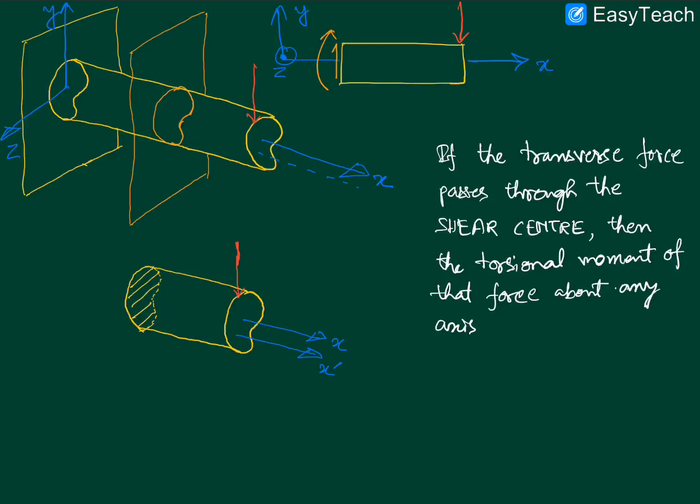Here I'm not qualifying the definition of any axis because I just had this long discussion. So this any axis would be referring to any of these axes, which we understand is going to be perpendicular to the cross section. Then the torsional moment of that force about any axis is going to be balanced